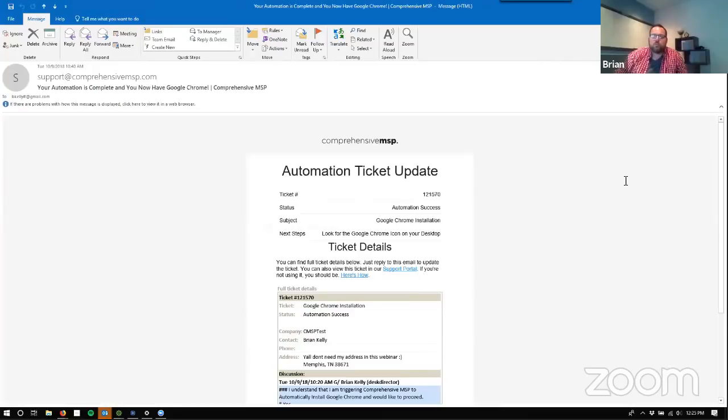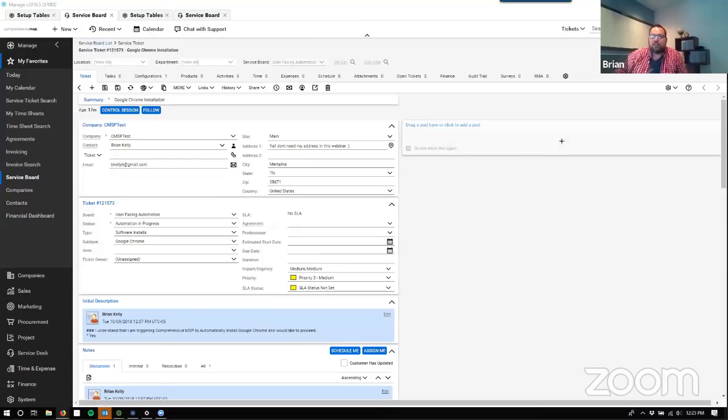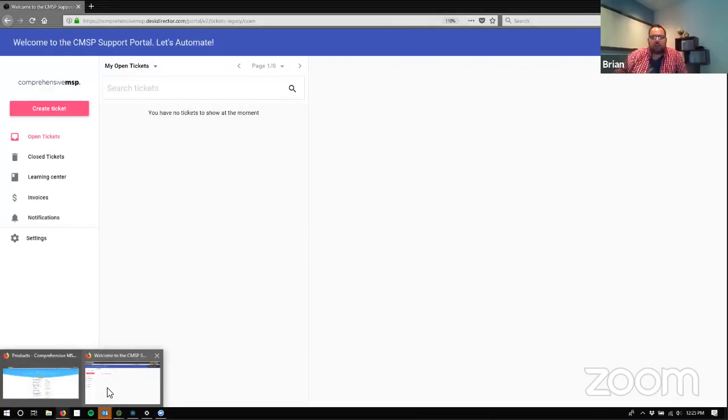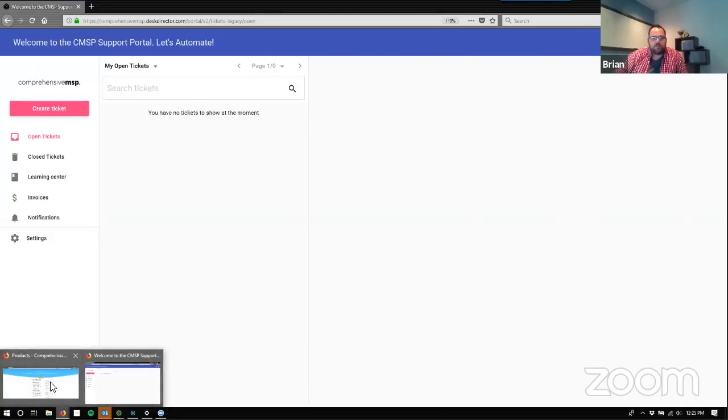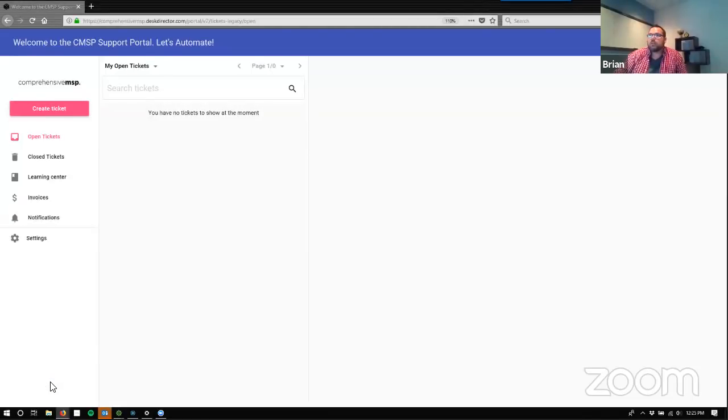So basically, to make it short and sweet, the idea is that we're submitting the ticket, just to go through the step, submitting the ticket. And actually, let me show you in Desk Director how I did all that stuff real quick. That's the one thing I haven't gone into. And while I'm pulling this up, this one is just a basic software installation,